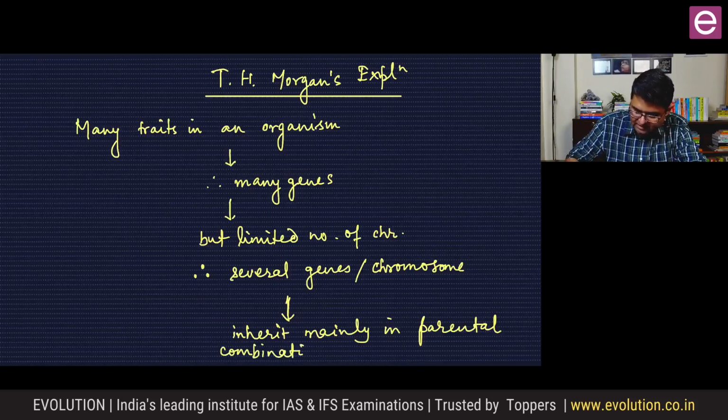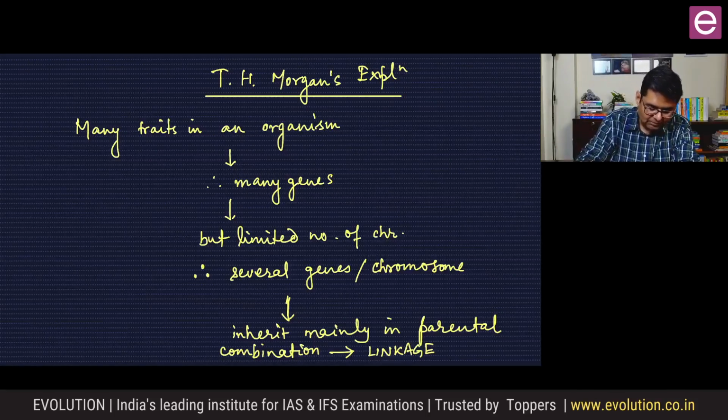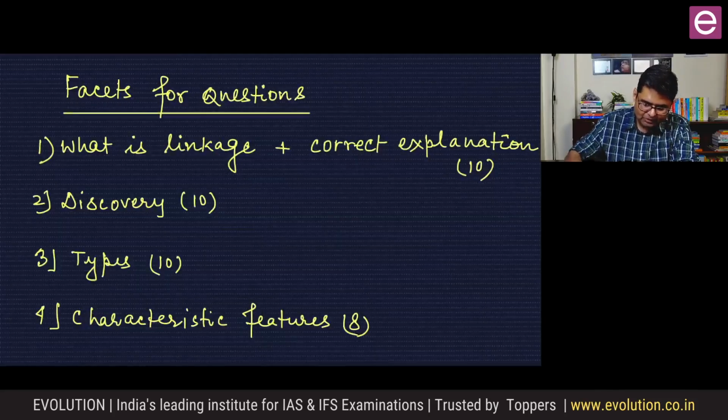And since they inherit in parental combination, it is known as what? It is linkage. It seems that two genes are linked with each other, therefore they will always inherit in parent type combination, and rarely crossing over may perhaps break it, but not as frequently as the independent assortment would generate the recombinants. So long story short, अगर हम chapter की beginning पे जाएं,